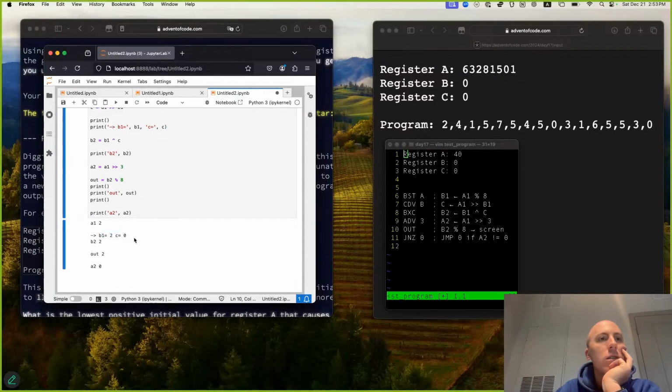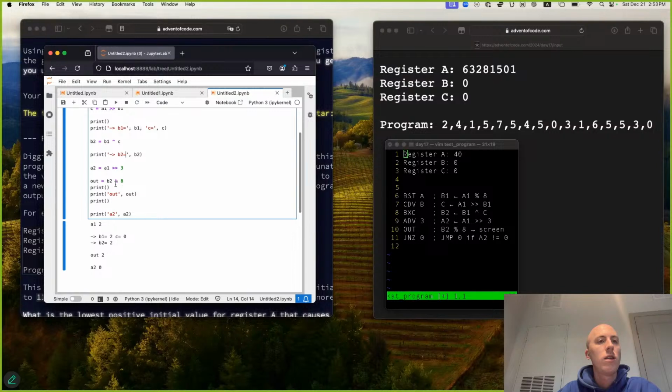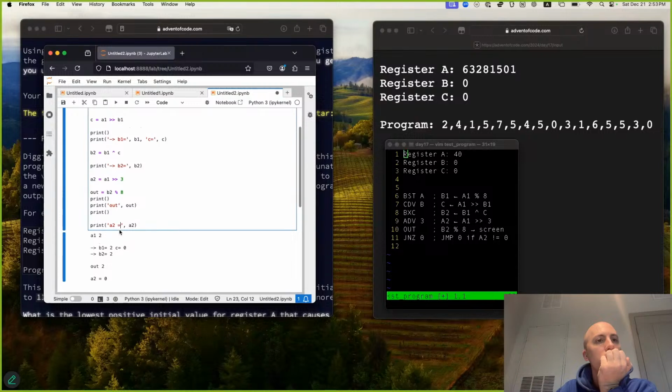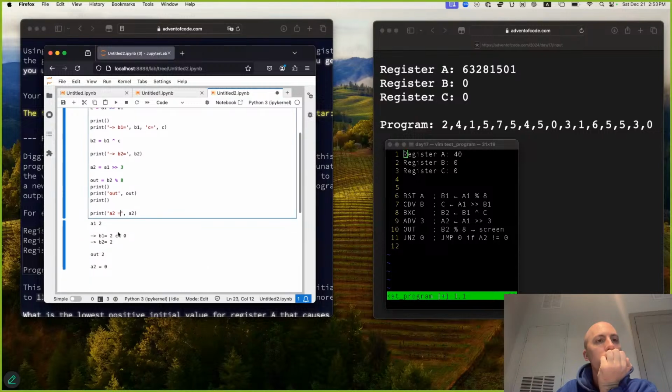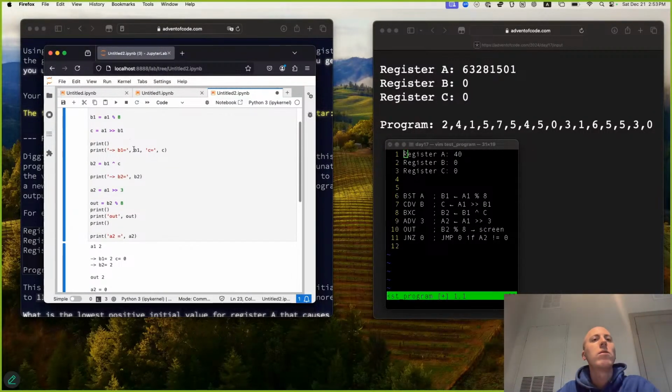And then from B2, you get A2 equal to 2. It's kind of like that. You're starting off with A1 and then from